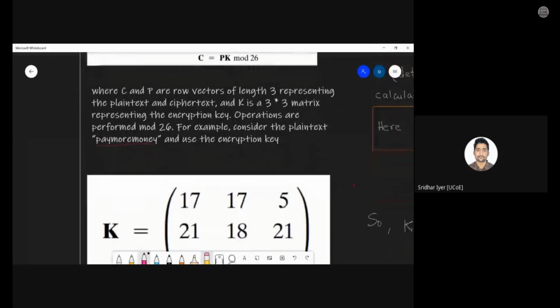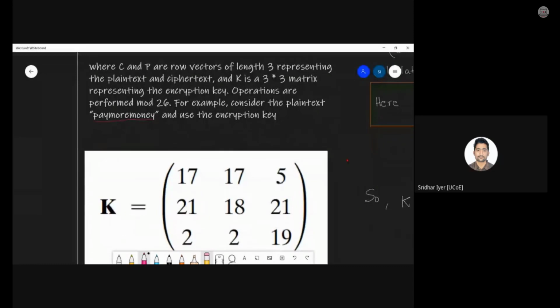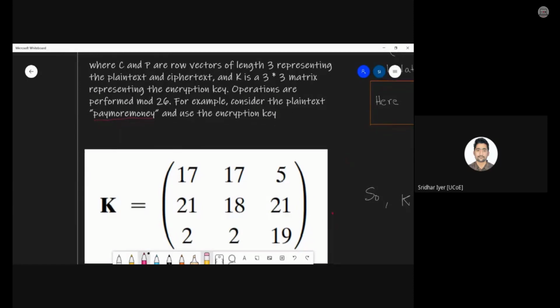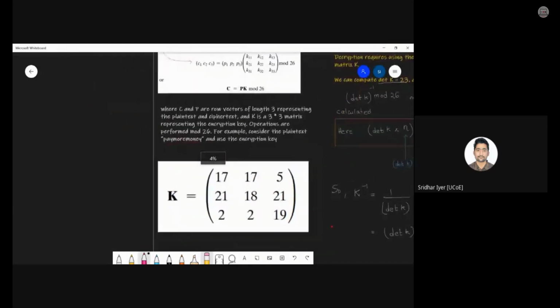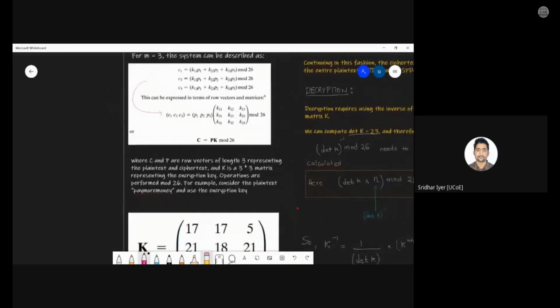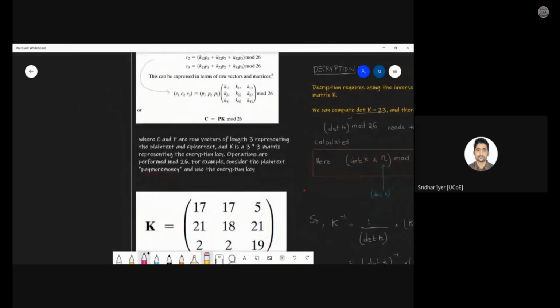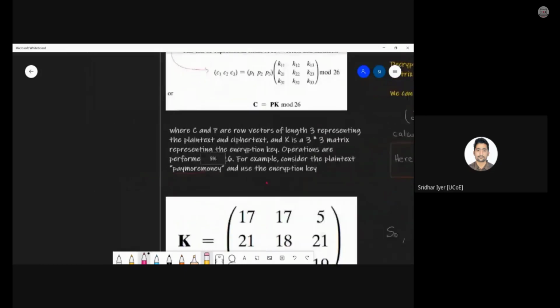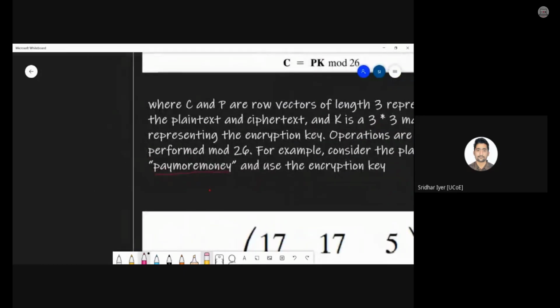Okay. So just have a look. This is the key given. I have not assumed any value. This particular value is already given in the key, in the question. So this is your 3 by 3 key. Now what you need to do is, you have to simply follow the above formula. You know that after you have already completed Caesar cipher, you need numbers in place of these characters. Yes or no?